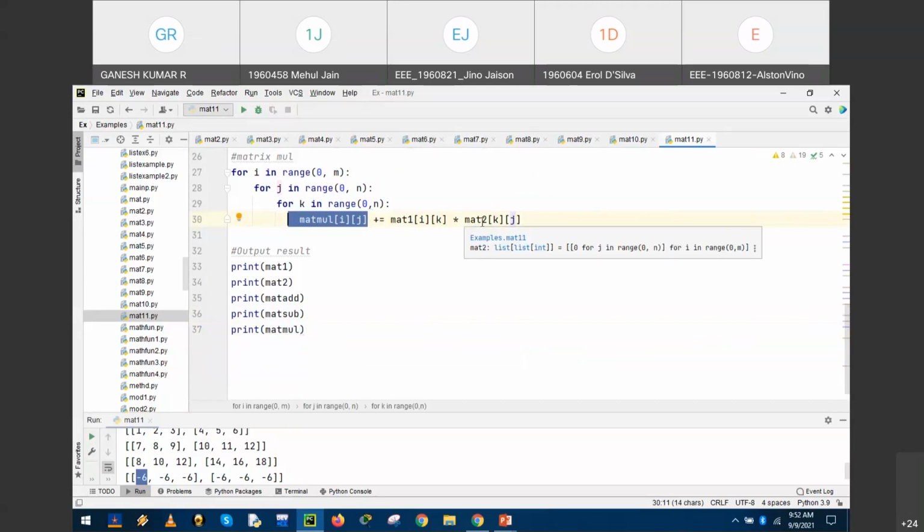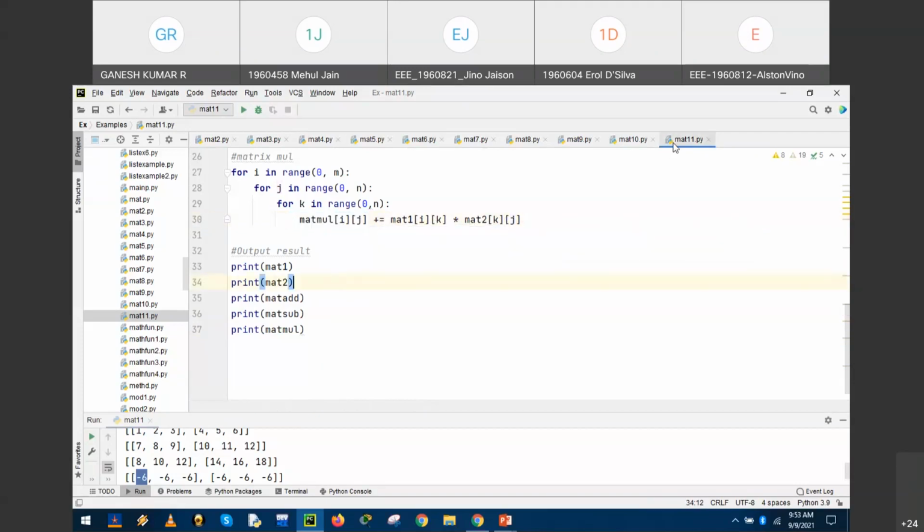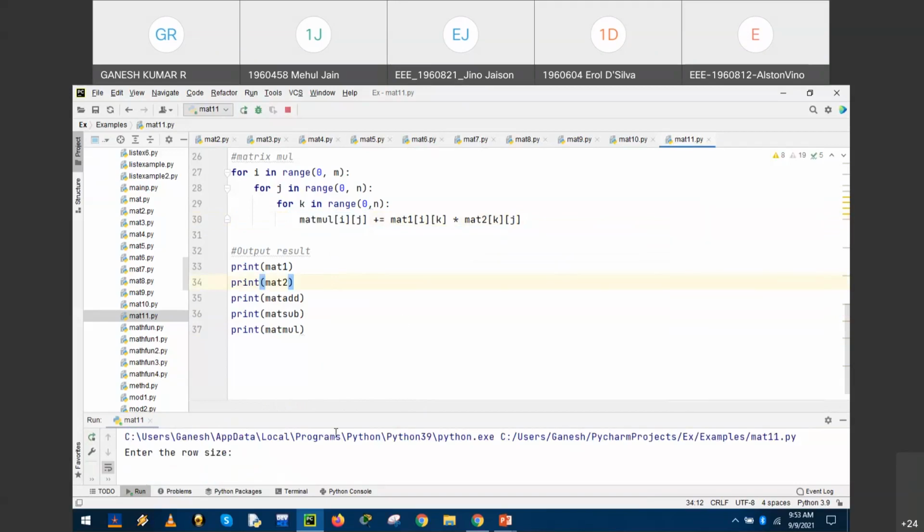As we know, every row is multiplied with a column and the value is accumulated. So hence we have this extra term: i comma k and k comma j, which will result in matrix mul of i comma j. Right? Let's run the program and check.